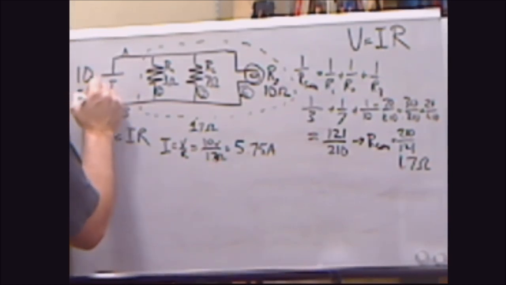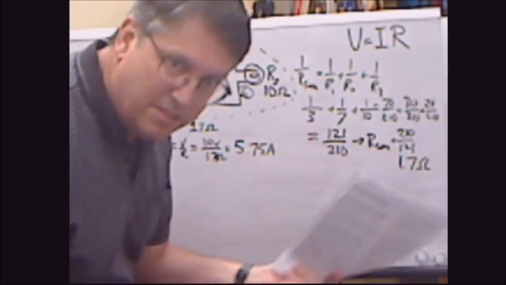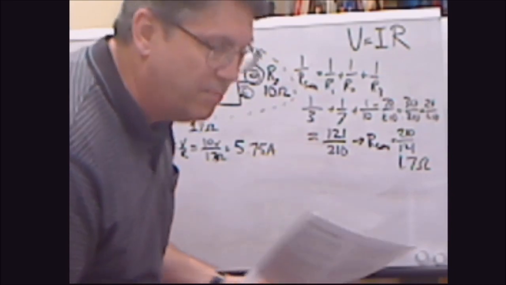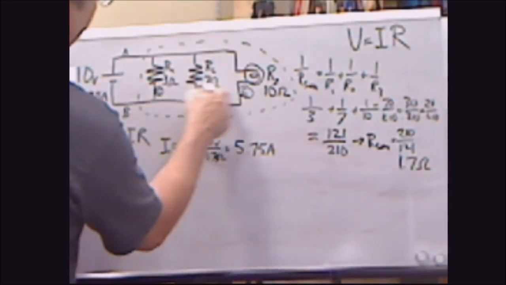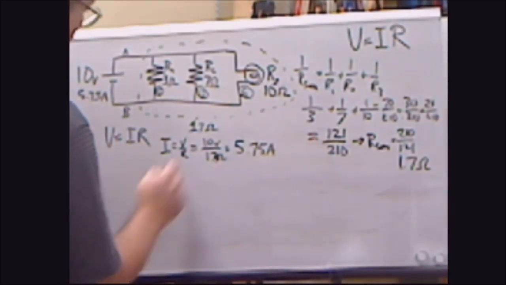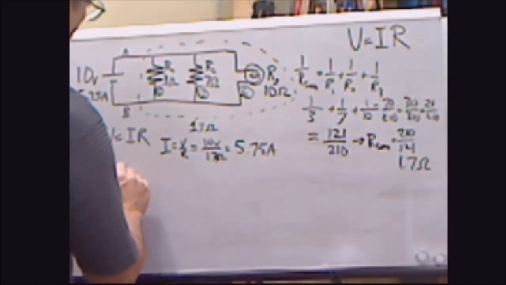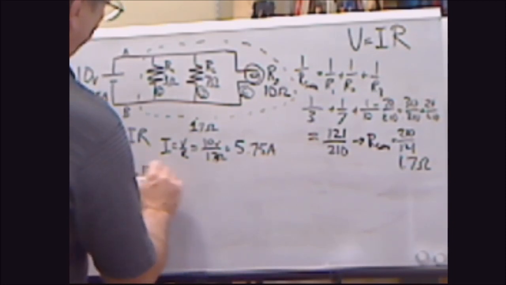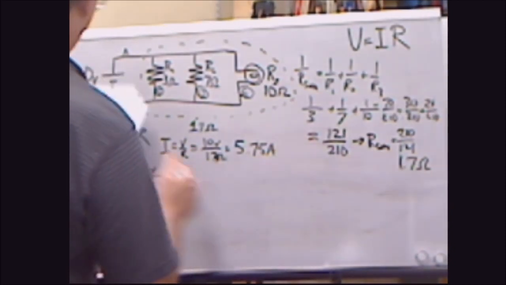5.75 amps. So as long as you've got some sort of system that can handle pushing out greater than 5.75 amps, you have no problem. Now we're going to figure out what the current is in each of these places, right? It's the same thing: current equals voltage over resistance, and it's 10 volts all the way across. Then we just put in each resistor. So that one's going to equal 3.33